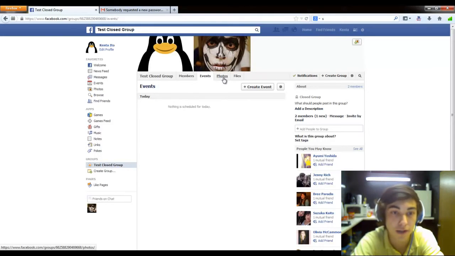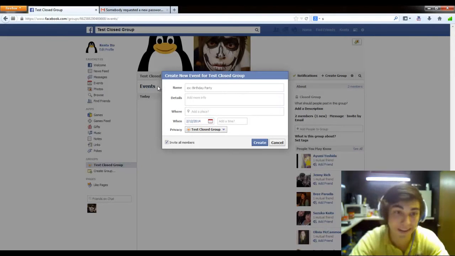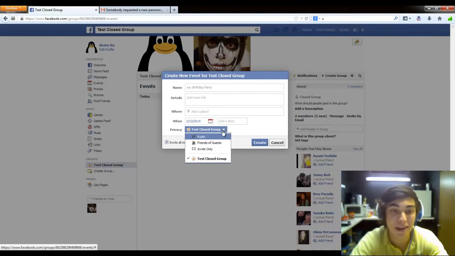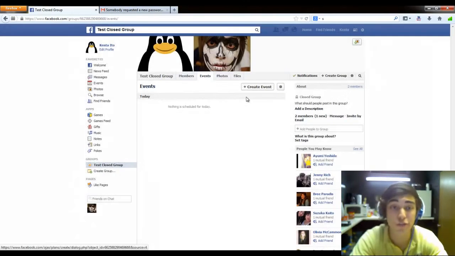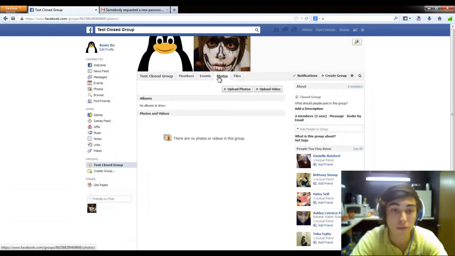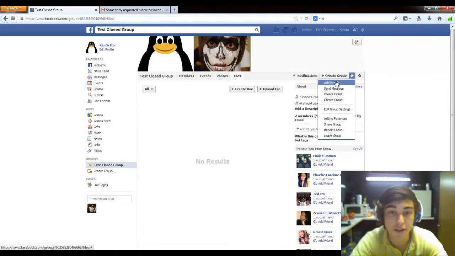don't mind my profile picture. Looks kind of scary, but it was for a church play. But you can create events, and you can choose who can view the event. You can get a date for it, and also if you have it synced with your phone, it goes straight to your phone calendar. If you have an iPhone or a smartphone, you can upload photos for your groups to see and files. And then over here in the settings, you have the option to add people, send messages,